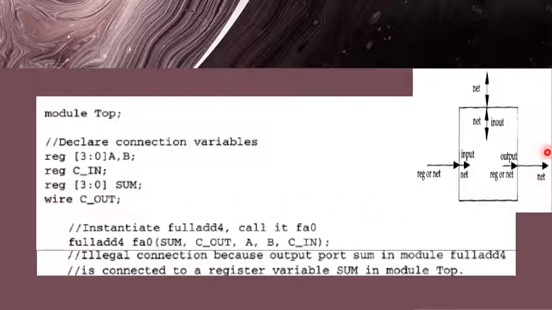To declare it as net, we should have declared it as wire. So that is the illegal port connection that has occurred here. It is an illegal connection because output port sum in module full add 4 is connected to a register variable sum in module top. Understood? So output internally can be register or net, but externally it should be net, whereas here externally we have declared it as register. So that is the illegal connection here.